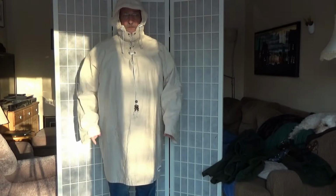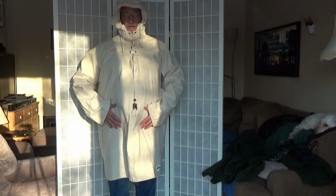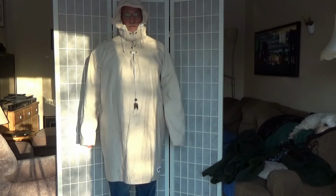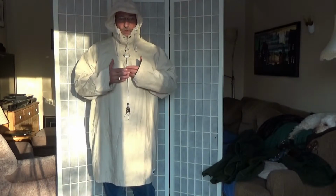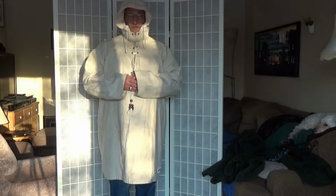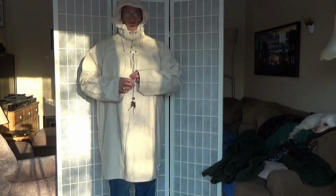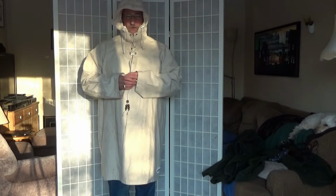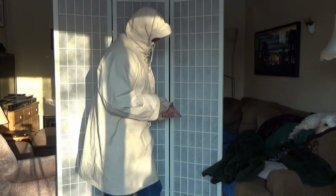It's a very comfortable garment to wear. It moves well and is flexible, and provides good protection against the wind. Now, during the cold months, I will wear this with two different setups. In temperatures from about 15 degrees Celsius down to about 0 Celsius, I will wear it with a